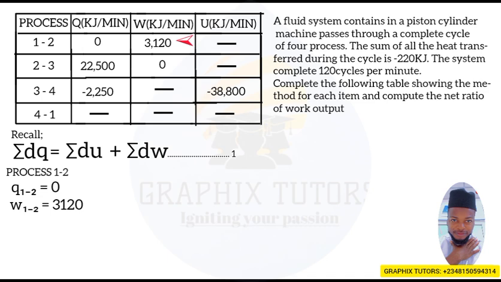3,120 kilojoule per minute. We're talking about process 1 to 2, so we're working on that row. Now, the internal energy U1 to 2 is unknown. That's why you're seeing a dash there. So what we're going to do is